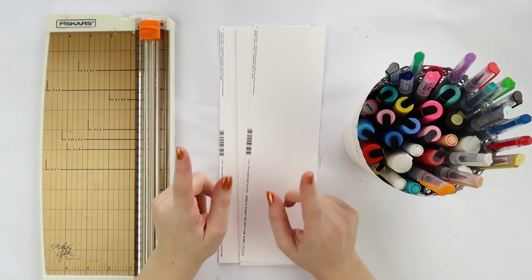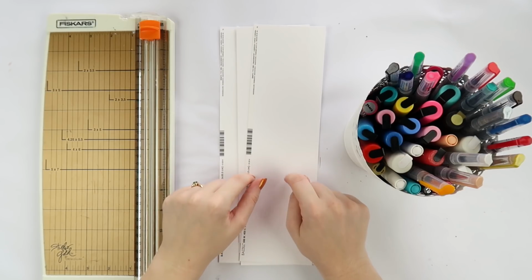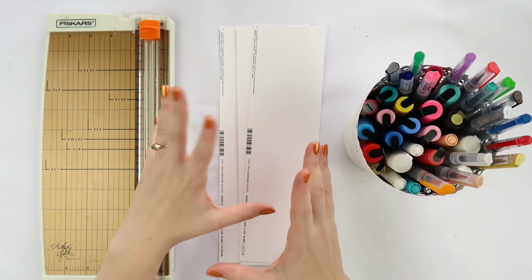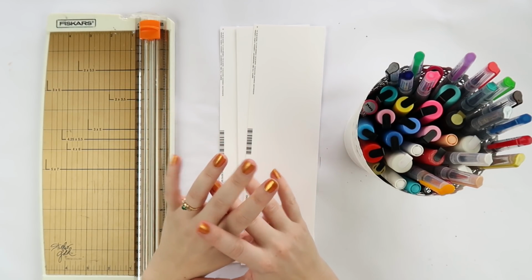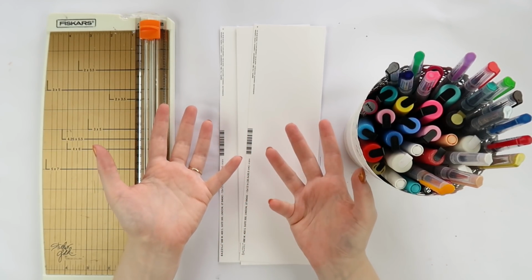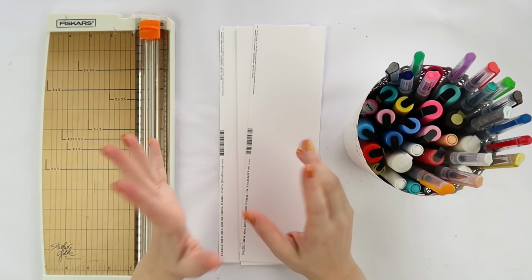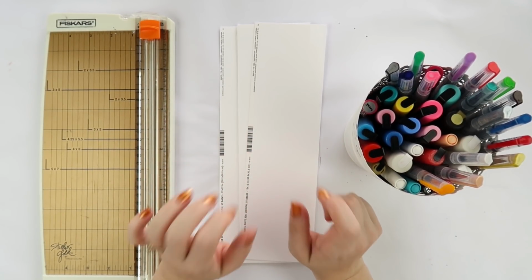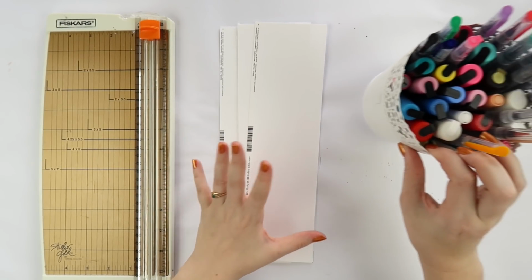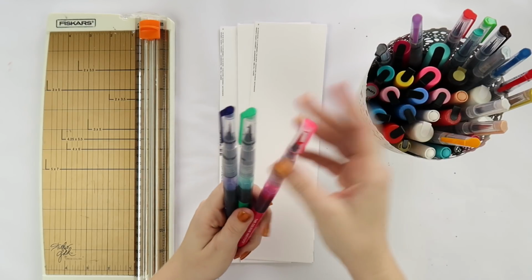We're trying a technique that I've only done on a layout, but we're going to try it on some pocket page cards. Now, if you're not a Project Life scrapbooker, you could easily apply this same technique to a layout. You could also do it on an art journal page. You could do it on a canvas, anything you want, but I'm going to have a try on some little cards. So what you will need for today are some sort of brush